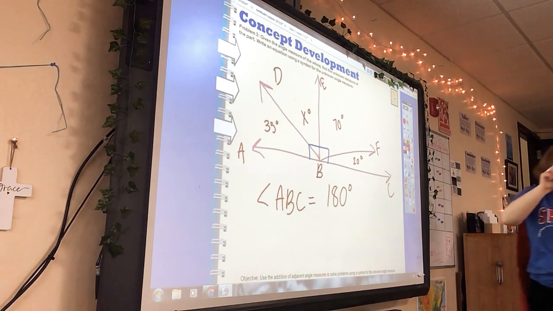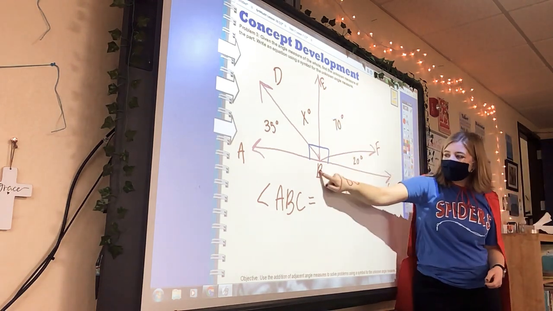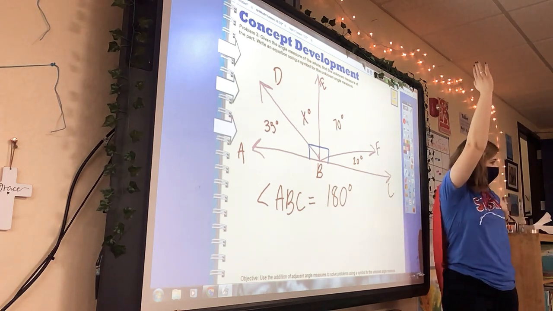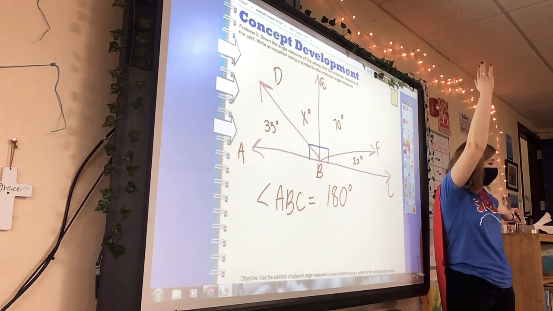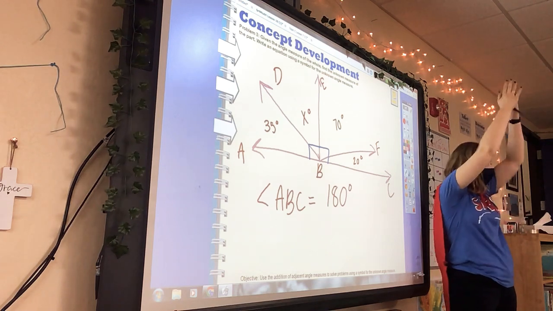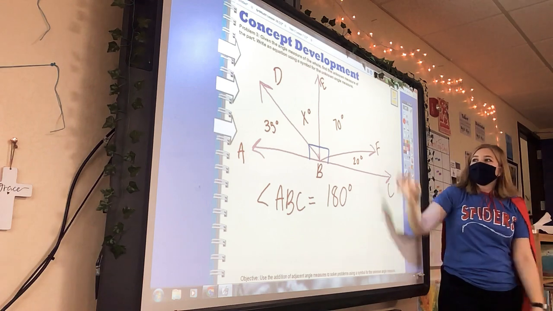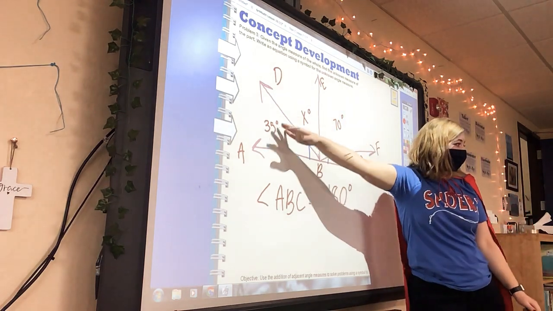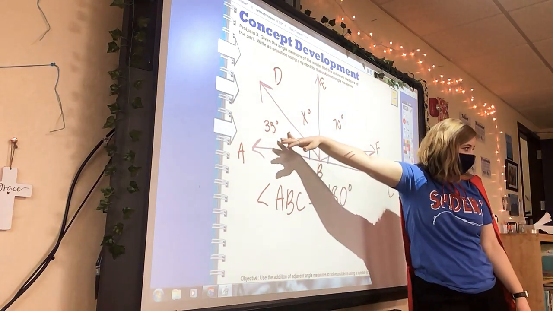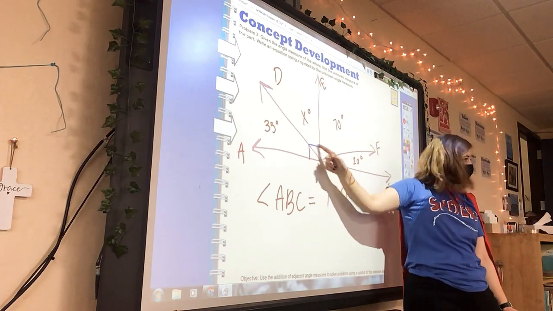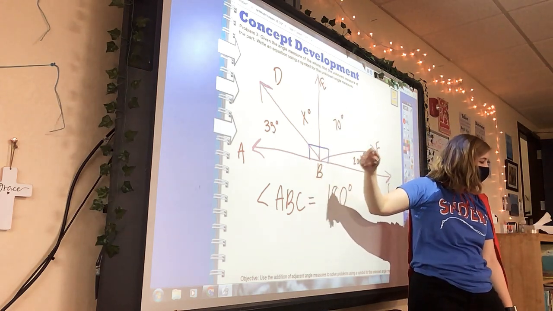Look, watch my finger. E, B, C. What does that equal? What degree does that equal? E, B, C. Bingo. Okay. So this one over here is a direct match of that. It's directly down the middle. So what is this little box? 70 all the way to 20 is